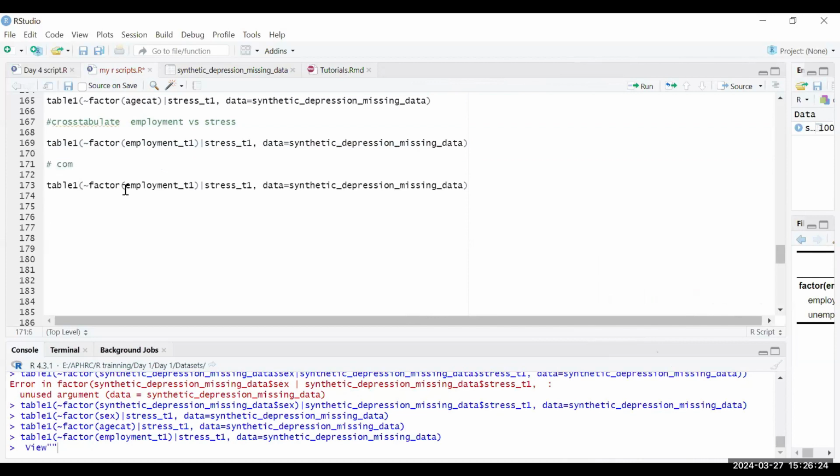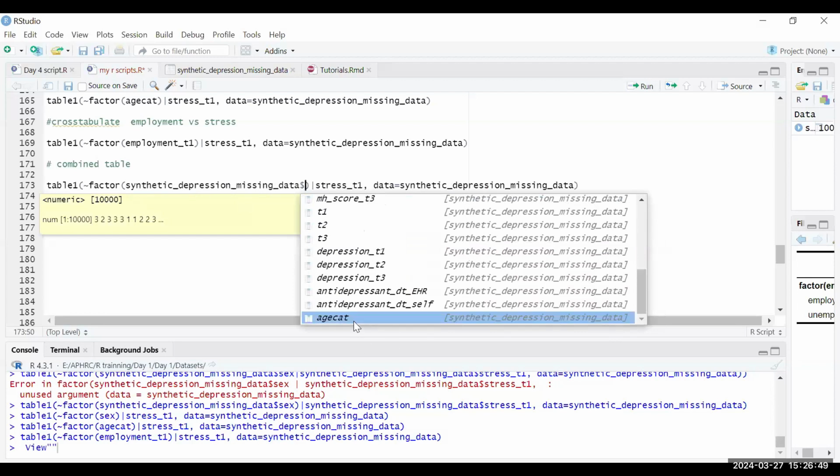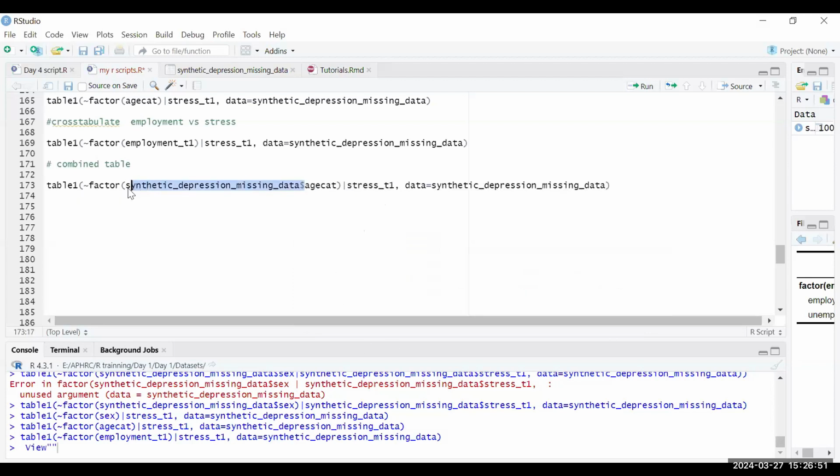So combined table. Let's have a combined table. So we are going to start with age cut. I don't know whether age cut. My age cut sometimes doesn't come. I don't know why. Age cut. Of course, I'll just type age cut. Make sure this wave is there. But now for age cut,